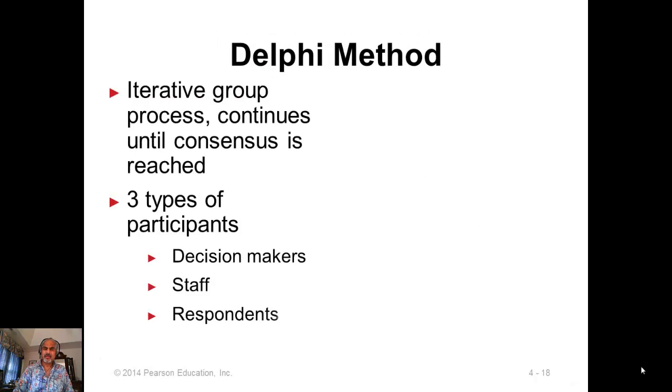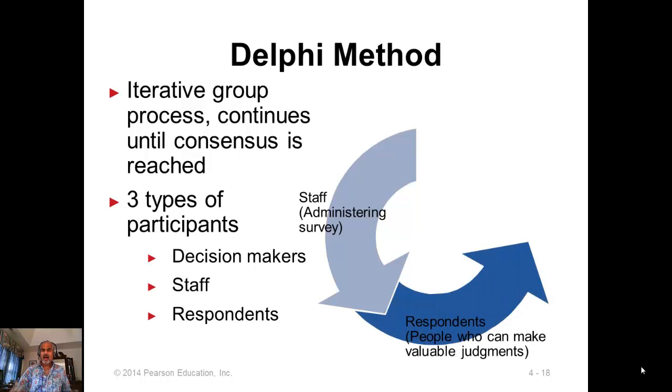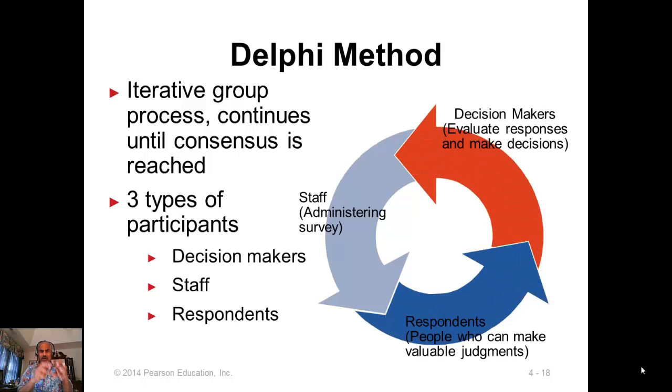A Delphi method is different. It is an iterative approach where you have steps. You start with administrative survey of people who have knowledge about the system. They give responses, and the decision makers take those responses and come up with a forecast, which may not agree with all the forecasts. So there may be 2 or 3 or 4 different